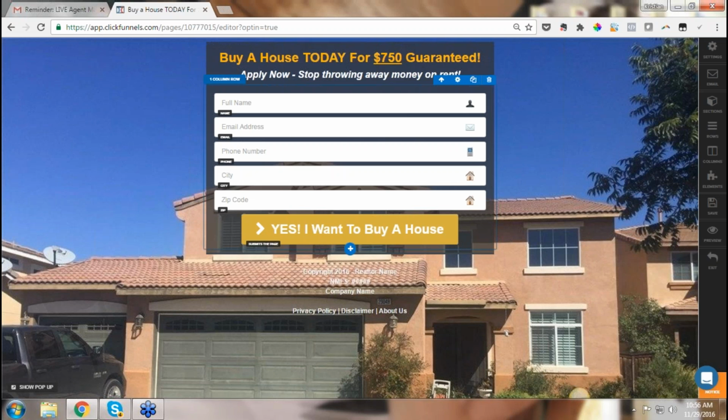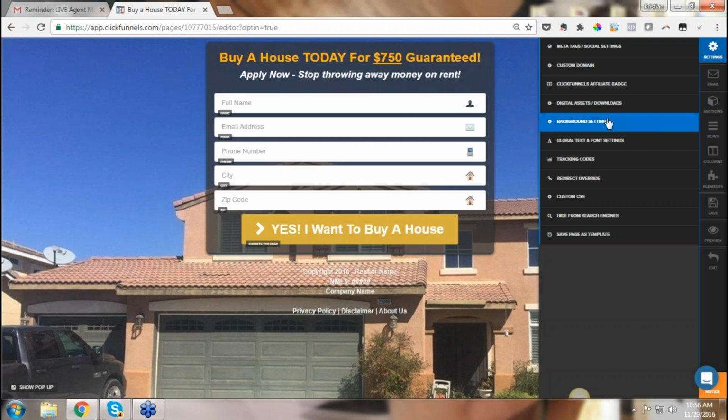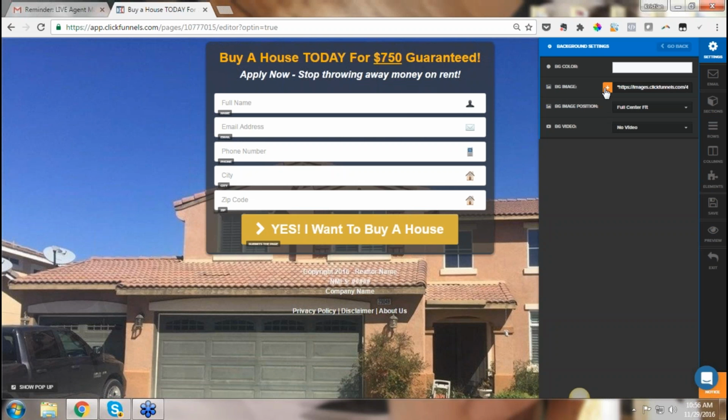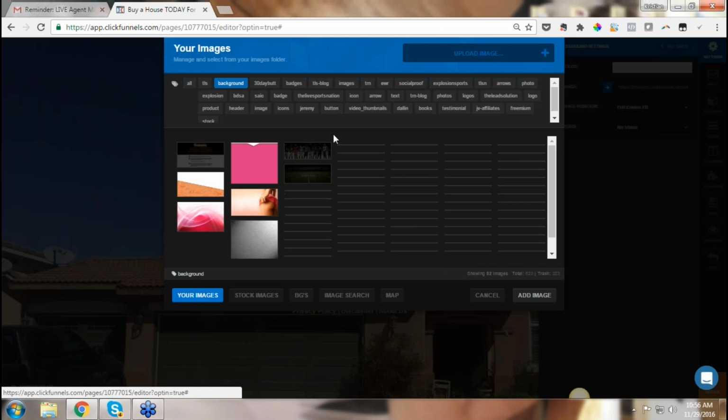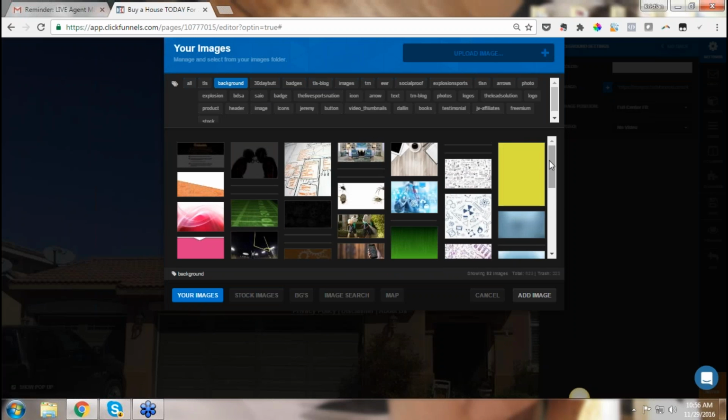And so there's a few things, and I'll just show you guys how quickly you can do this. If we wanted to change this background, we would go grab a different picture by just coming in, background settings. We got a whole host of images in here in our database.